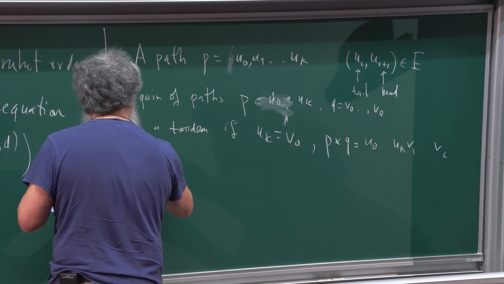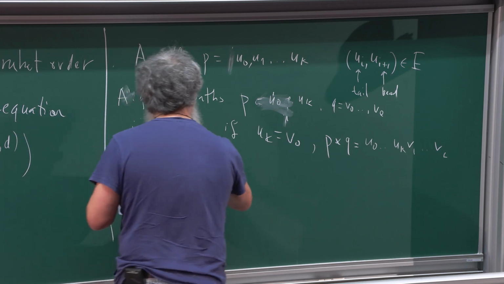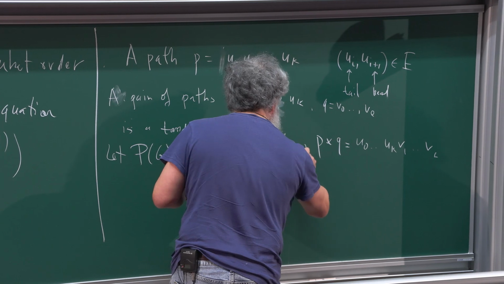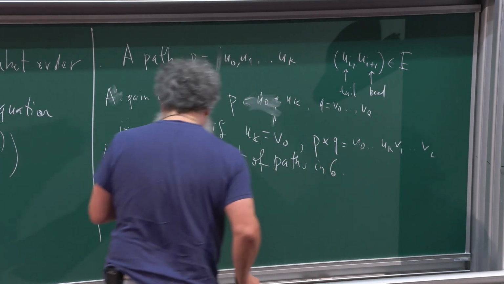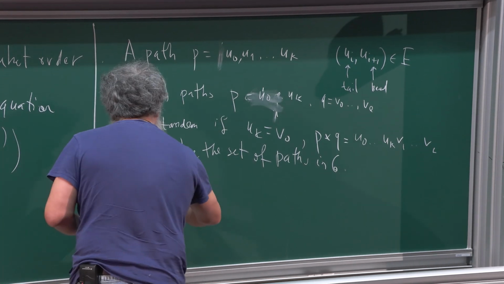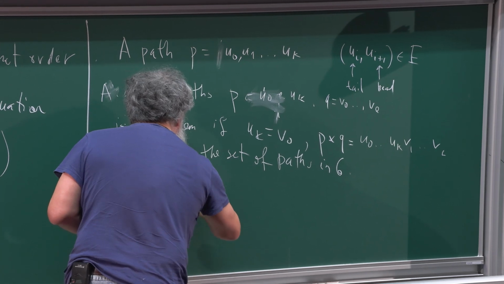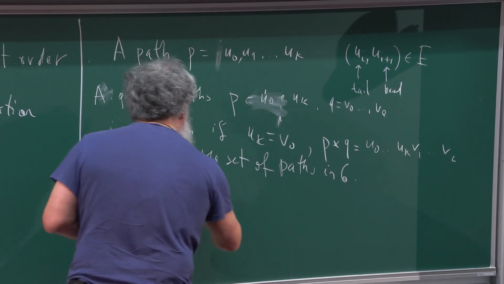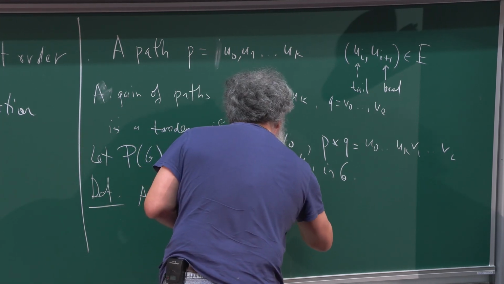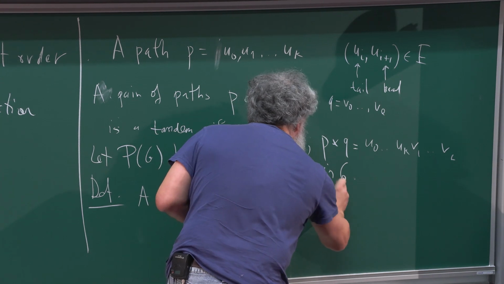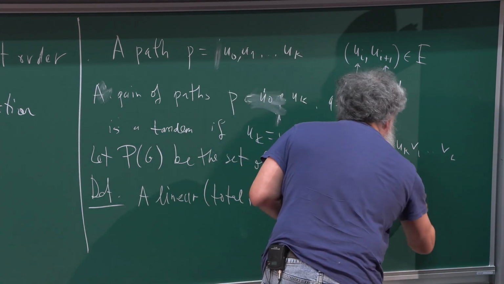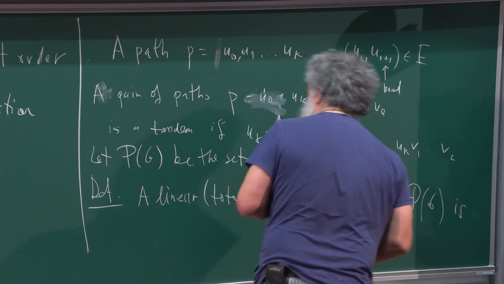So let P of G be the set of paths in G. And then a definition: a linear, total, transitive relation on P of G is convex